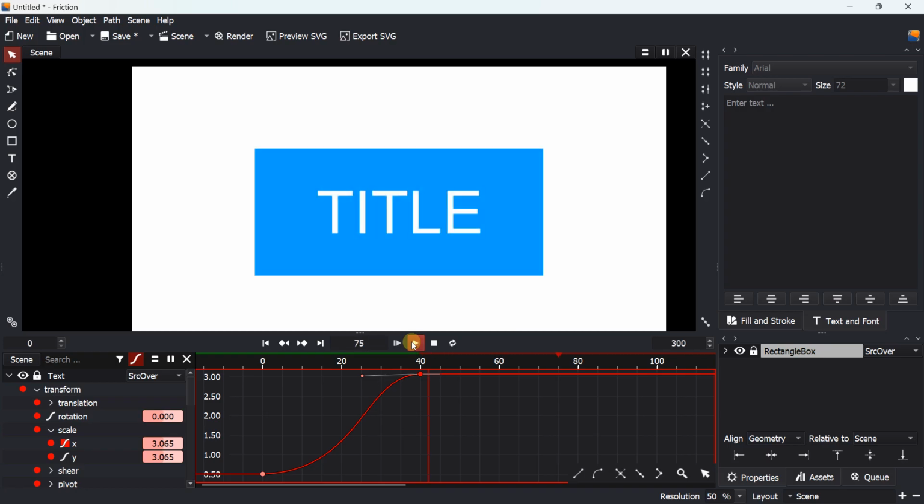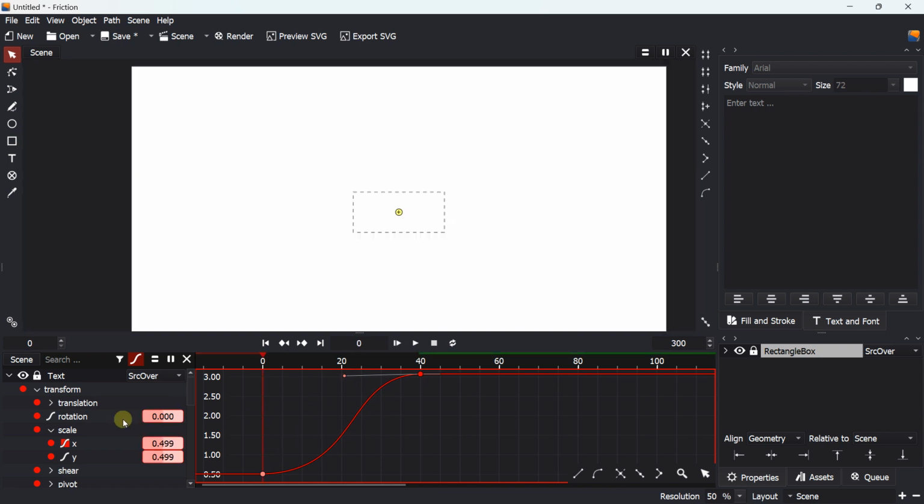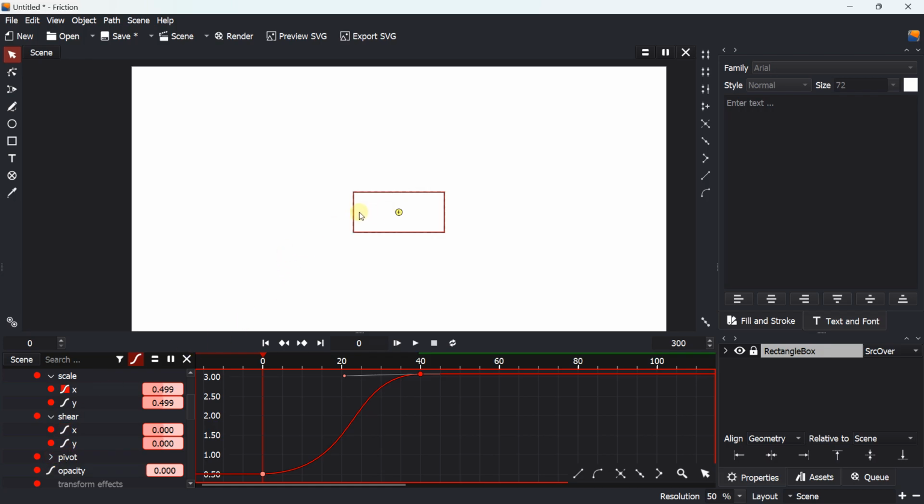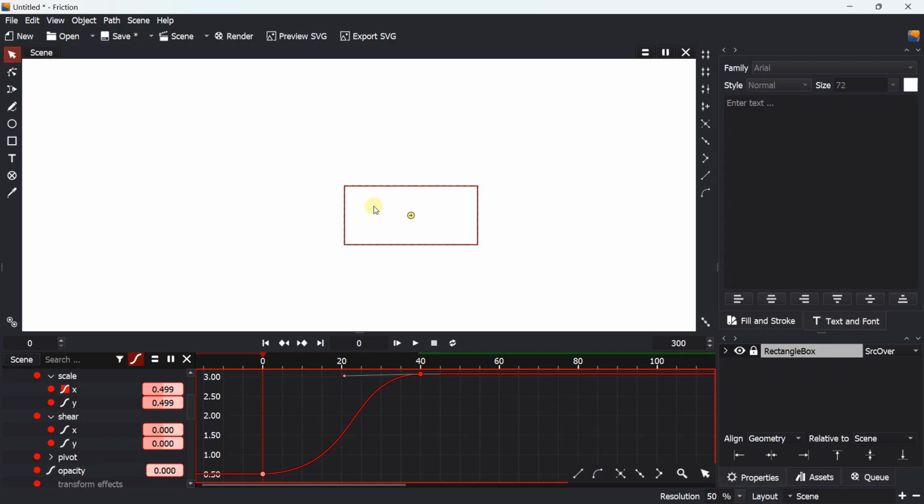So here we can change the speed. And for the transparency as well, for all the elements. So all this type of transformation, translation, for example, you have X, Y, and the graph. So you can activate the graph. It works for the shear, for all this type of option. Also the opacity, you can change the speed as well using this type of thing.